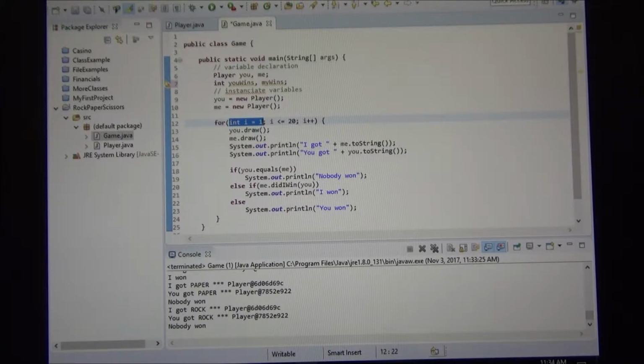Use semicolons. So the first section is called the variable initialization, right? And you can declare variables too. The second section is for the condition, your logical test. And the last one is your increments. So if the first section is for variable initialization, I can do your wins equals 0 and my wins,